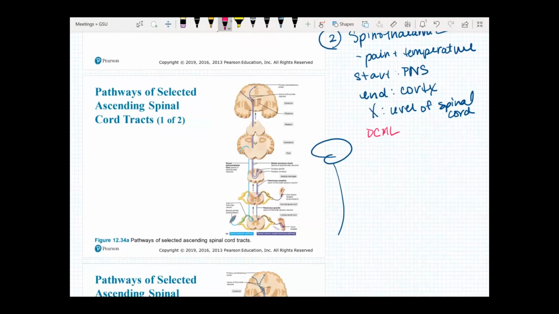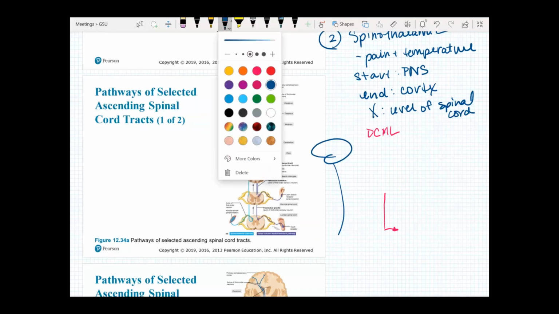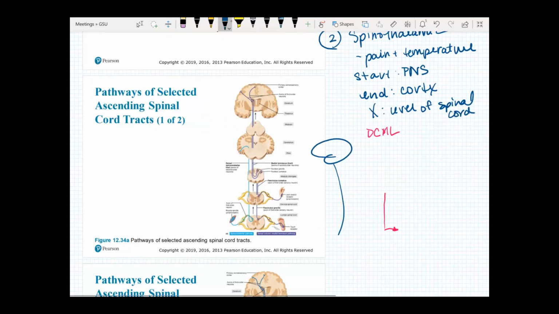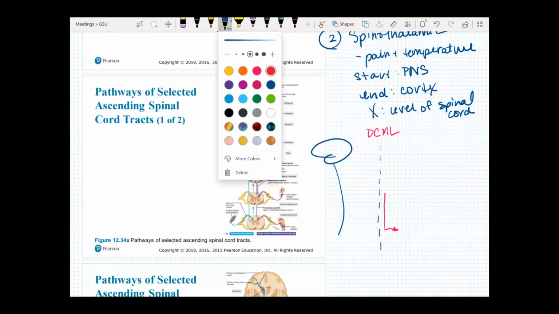So we're going to start here, and it is going to enter the spinal cord and travel up the body. But the unique part is that we are still going to be on the same side of the midline of the body. So it'll start and it'll travel